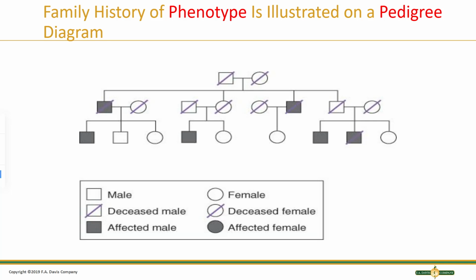Typically, when you see such a high rate of men impacted and almost no women impacted, this is a sex-linked type trait. It's probably Y-linked on the Y chromosome, but looking at this, sorry, I take that back. It cannot be Y-linked because all men would have to be impacted. It's likely X-linked. X-linked would mean that since men only inherit one copy of the X chromosome, it increases the